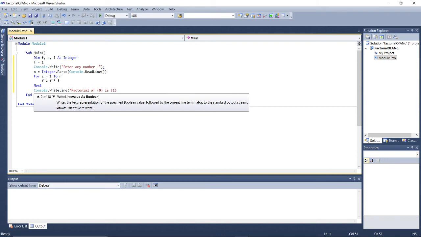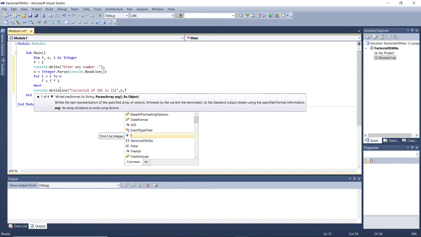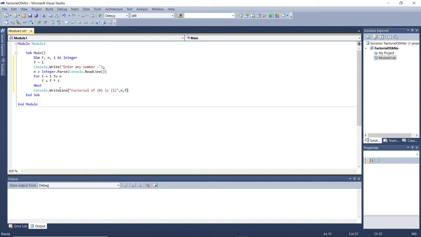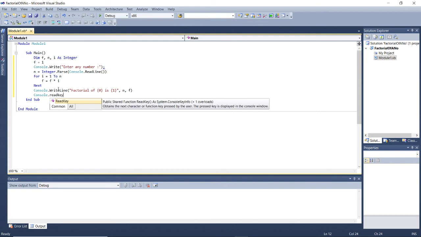And what are the variables which you are going to use? One is factorial of n is f. And then the last statement like get ch, the last statement is console dot read key.